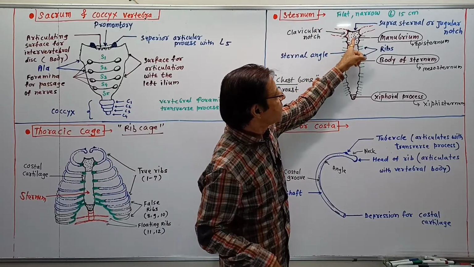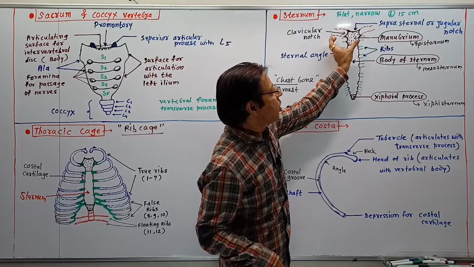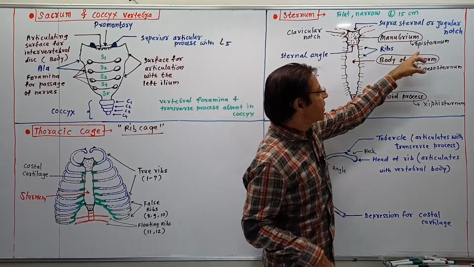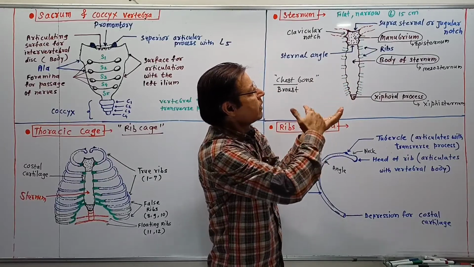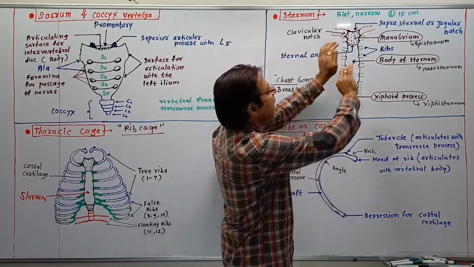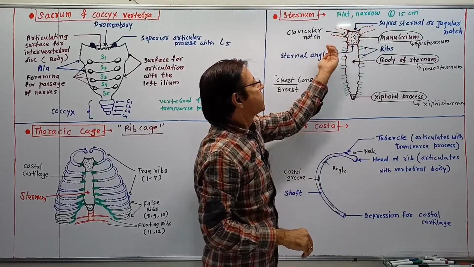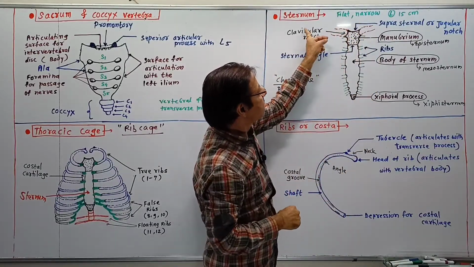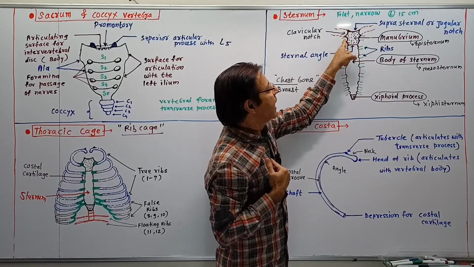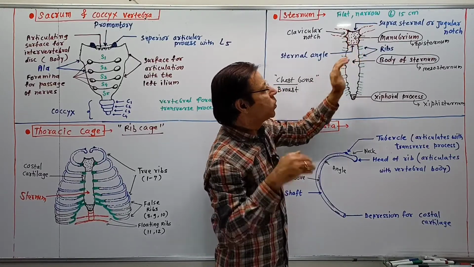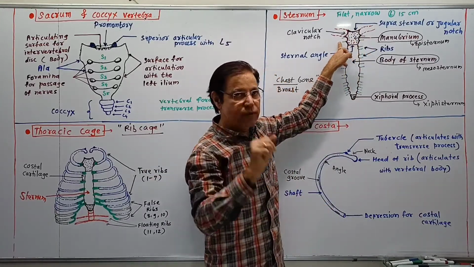Sternum has three parts: manubrium, body and xiphoid process. Manubrium is the broad portion. It is also called episternum. It has an upper suprasternal notch or jugular notch. At lateral sides there are two notches called clavicular notches, where the clavicle, meaning collarbone, gets attached, and then below that there are two lateral notches again for articulation with the first rib.